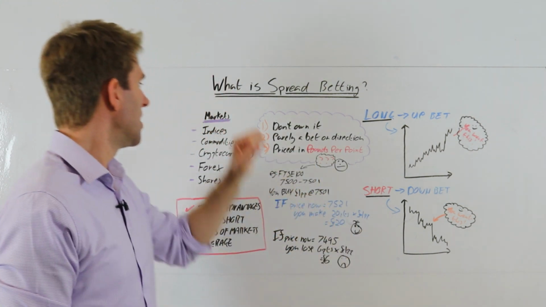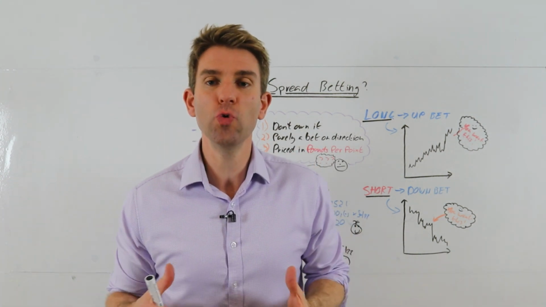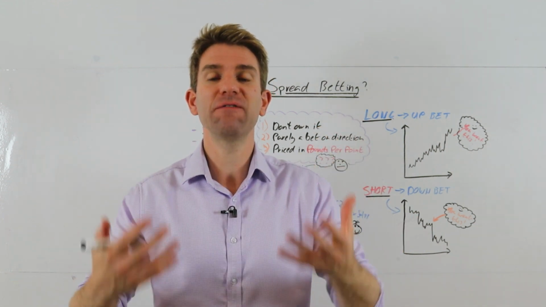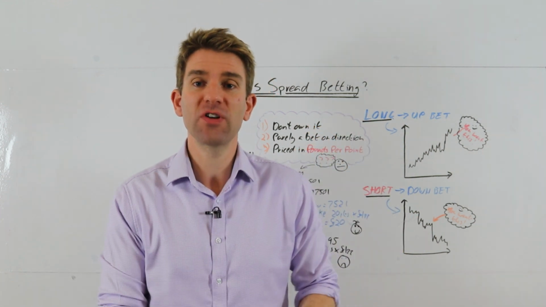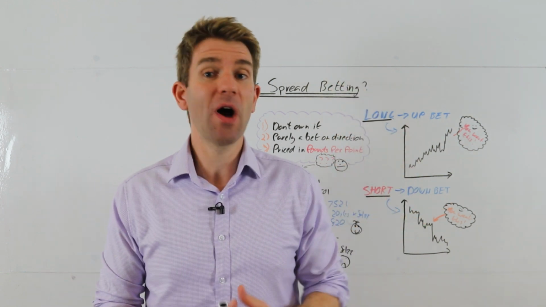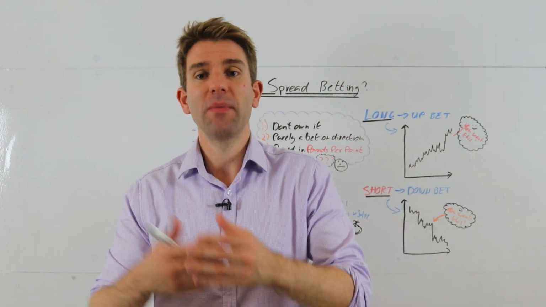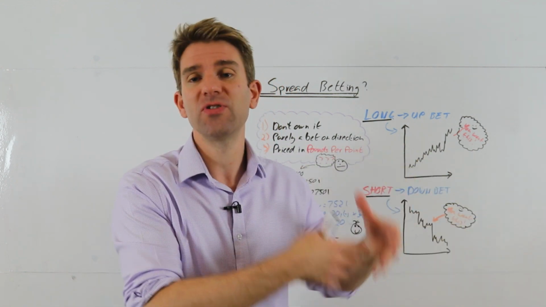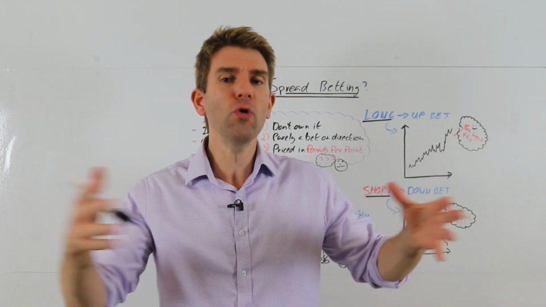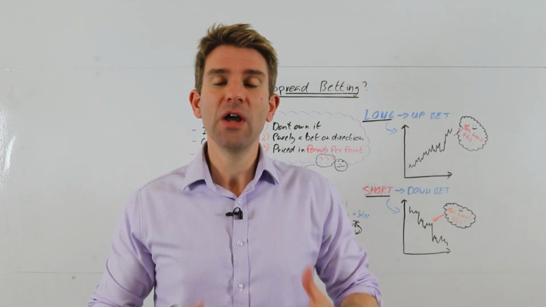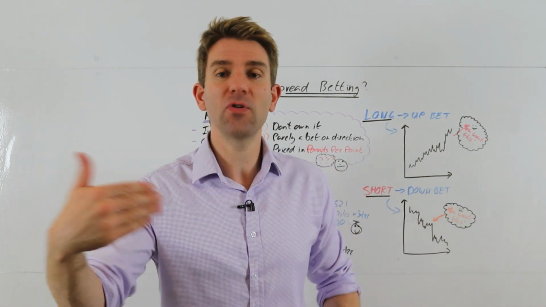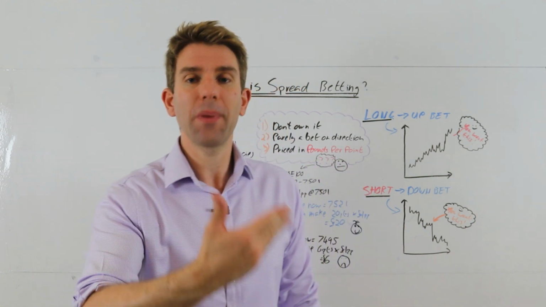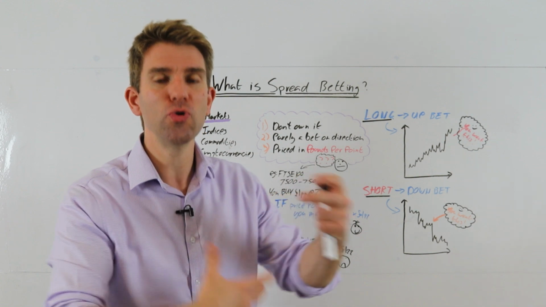Okay, so let's go. Spread betting allows you to speculate or bet on the direction of a financial market. For example, we have indices. You might be familiar with the FTSE 100, the Dow Jones, the Dow 30, or the DAX, which is the German 30, the German equivalent of the FTSE basically. All these indices around the world you can trade on, so you can bet on the direction. If you think the FTSE is going to continue to go higher, you can place that bet. We'll have a look in a moment at how you do that and how it will work.